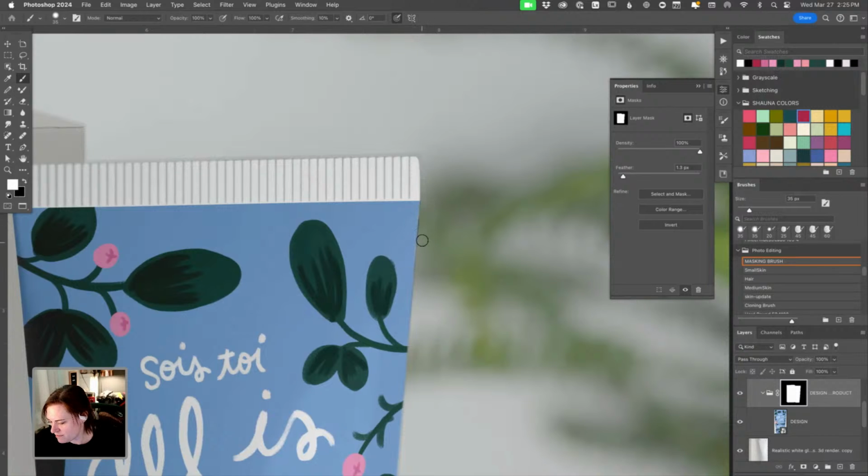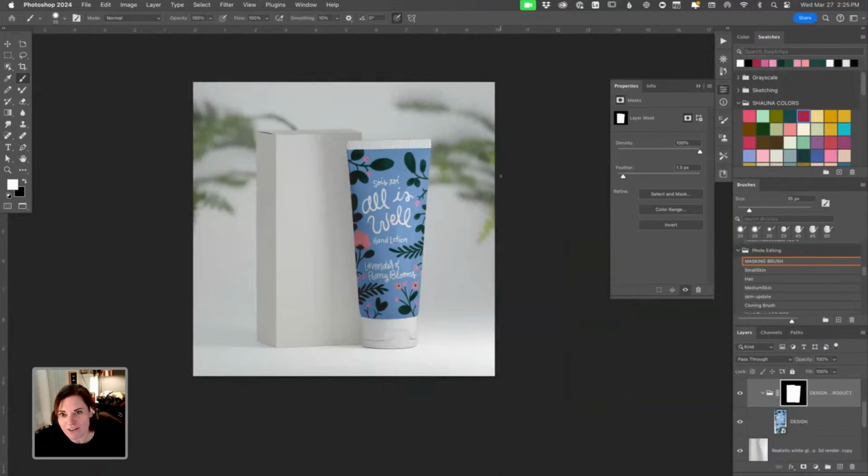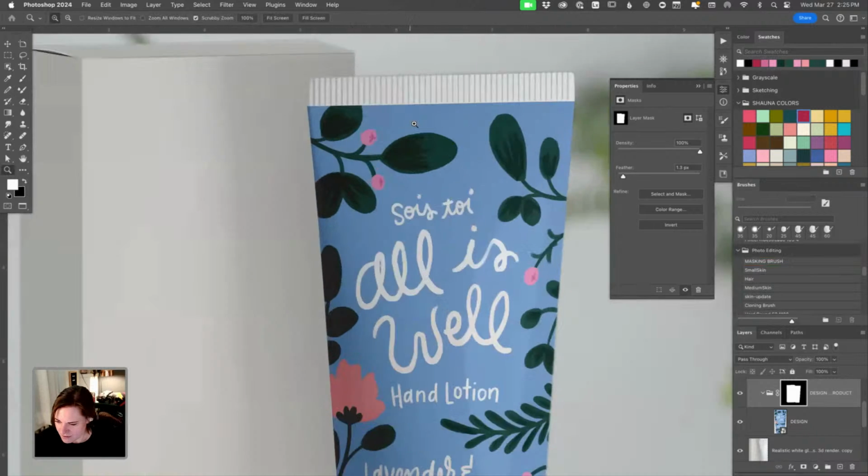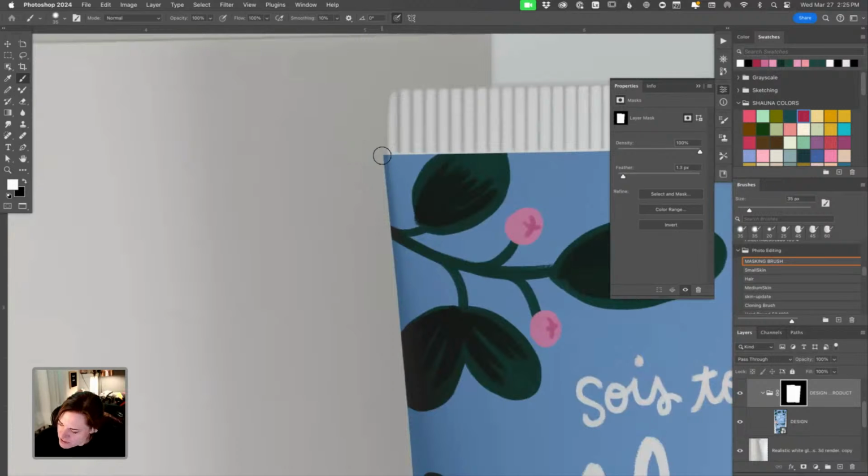Much, just enough to get it a little closer to the edge. And this is something that, from far away, you are not going to notice. This is more of an I-know-it's-there situation. And then